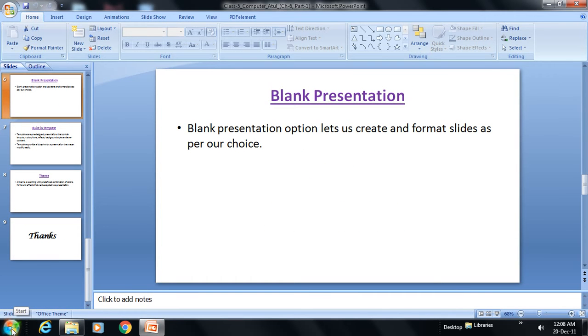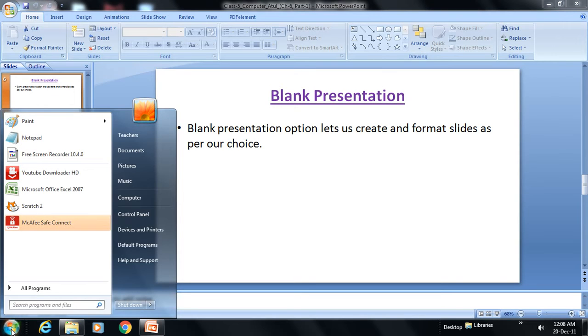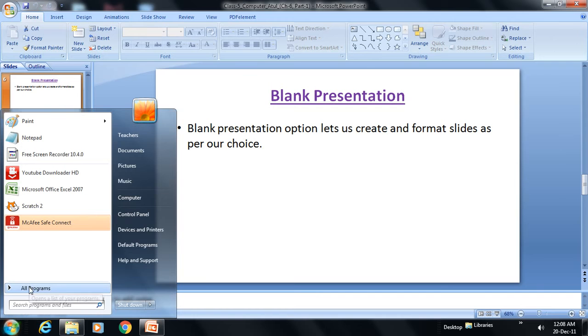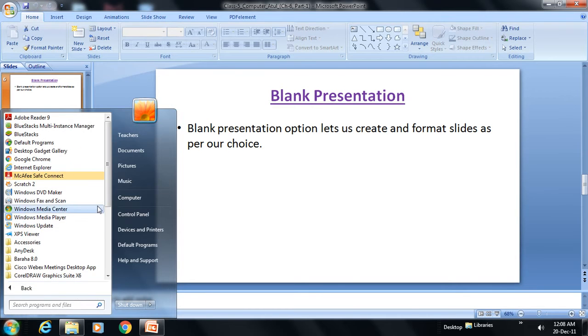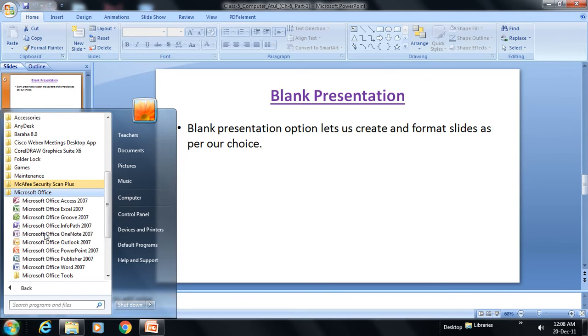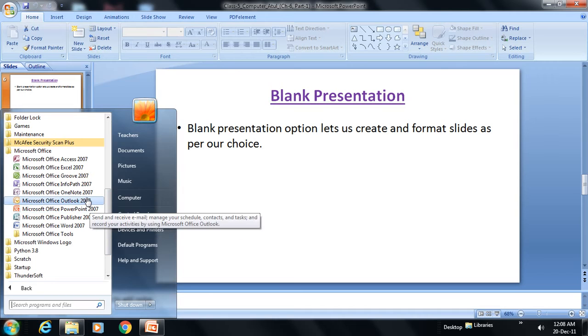Let me open a Microsoft PowerPoint file. How can we open it? You need to click on the start button, then click on all programs, then click on Microsoft Office. Then you will see so many software of Microsoft Office, but we need to choose PowerPoint, that is Microsoft Office PowerPoint.